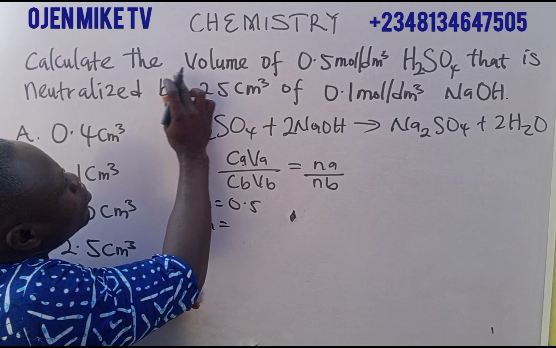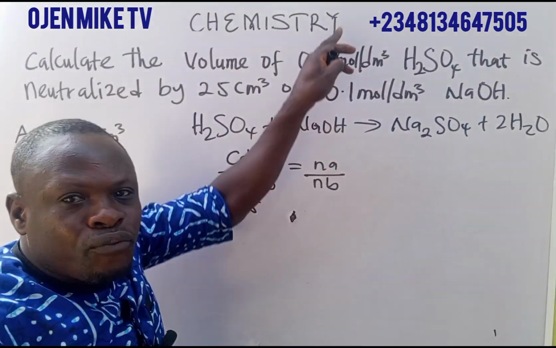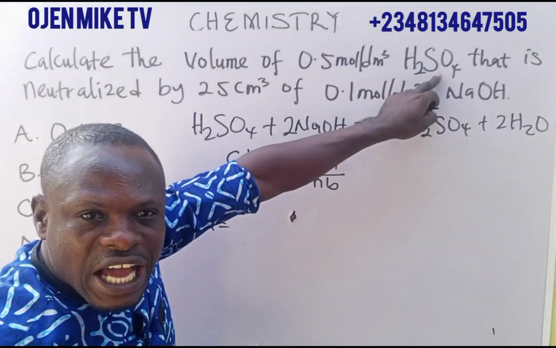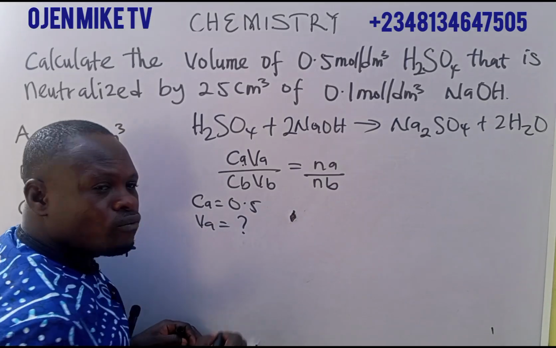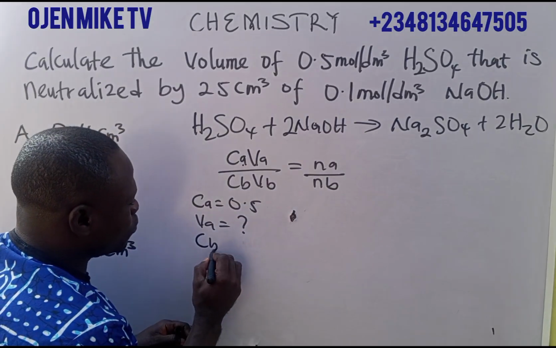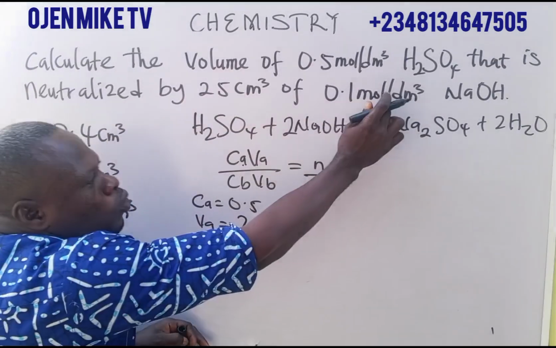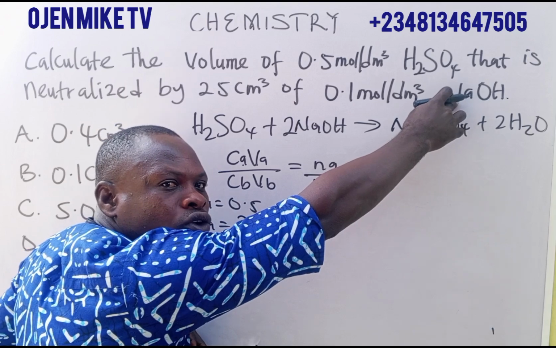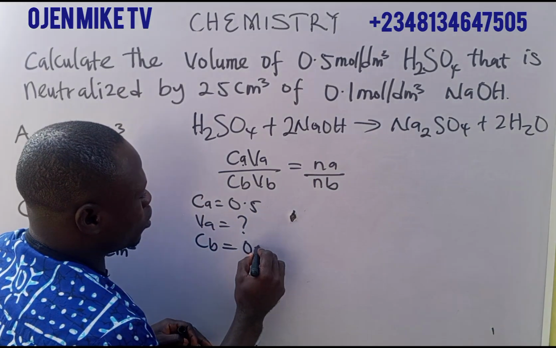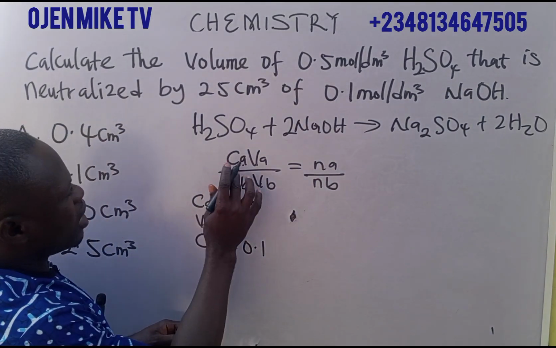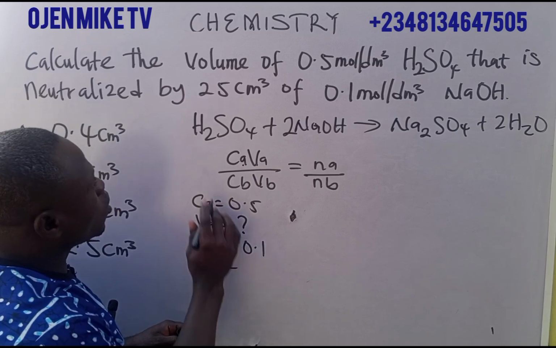Va is what we are asked to calculate: the volume of the acid. Cb is 0.1, because sodium hydroxide is a base. And we have Vb as